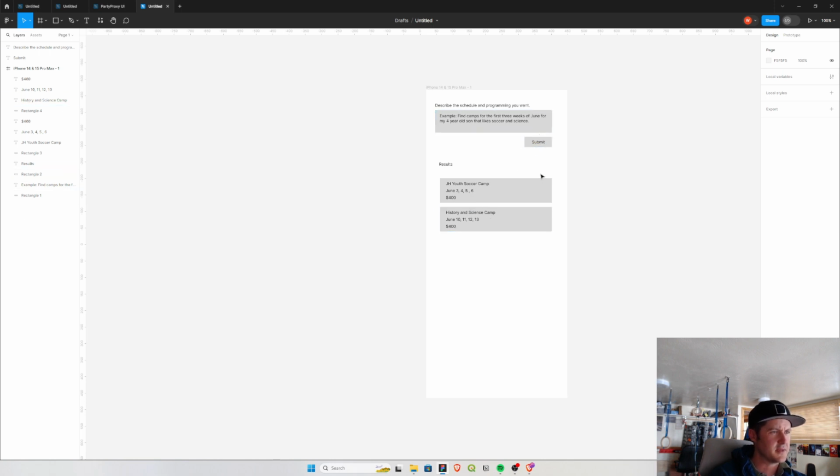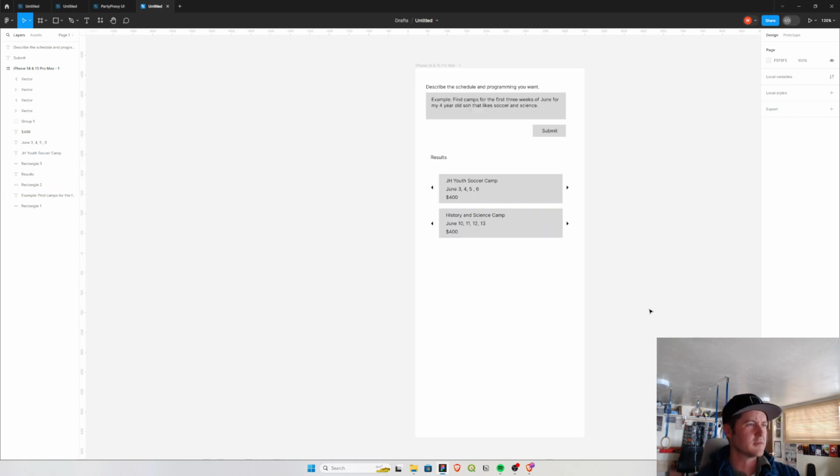I can resubmit. The next feature is if I don't want this one, I want to be able to cycle through and see other options. So for now we'll just have a refresh that gives you a new option. Okay, actually I'm going with left arrows and right arrows to cycle through these things, just so it's clear.